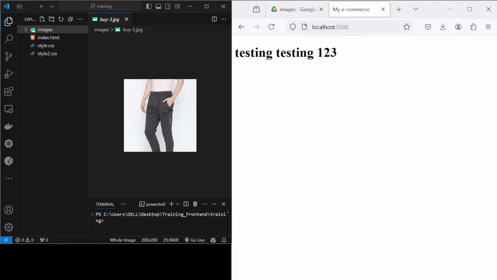So testing 1, 2, 3, everything is testing. Let me check if my style is working too. For H1, I want color to be red. And then when I save it, I can see it on the screen. Can you see? Everything is set up within just 1 minute now. So now that we have set up that one,